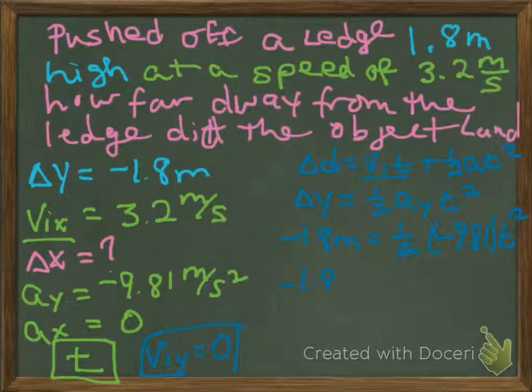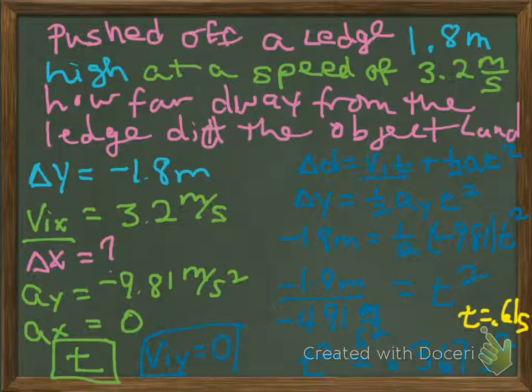Negative 1.8 meters divided by negative 4.91 meters per second squared is my time squared. That gives me my squared time equal to 0.367 seconds squared. We need to take the square root of that, and my time, let me change the color because of course I ran out of space again. My time is equal to